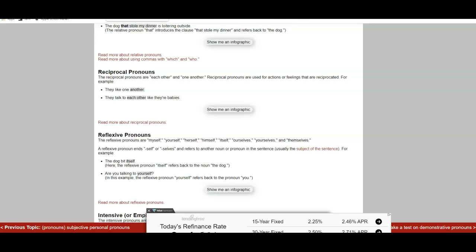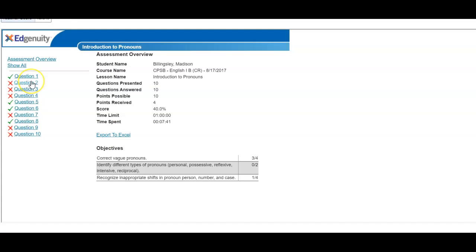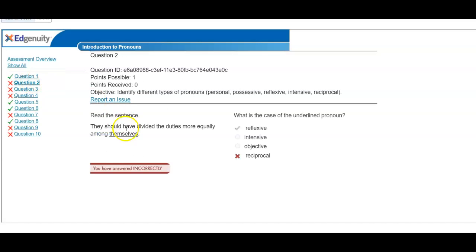Now let's look at how you kind of got them mixed up on the quiz. Pause this for a second. Okay, so you got the first question right. Let's look at the second one. All right, they should have divided the duties more equally among themselves. And then we have to decide which case. Now you picked reciprocal. All right, so reciprocal means, remember when we talked about each other, one another, that means you reciprocate